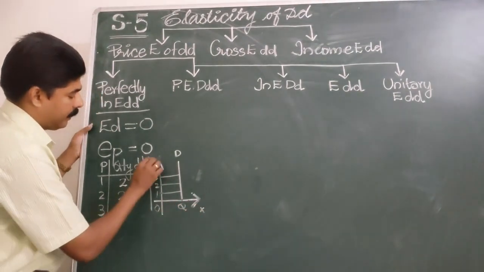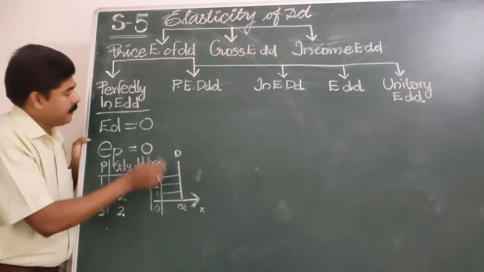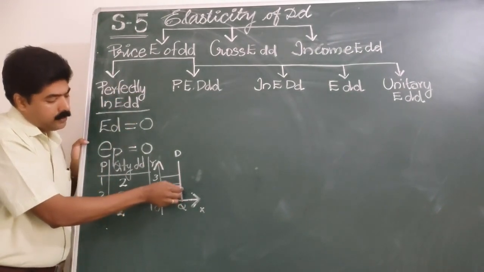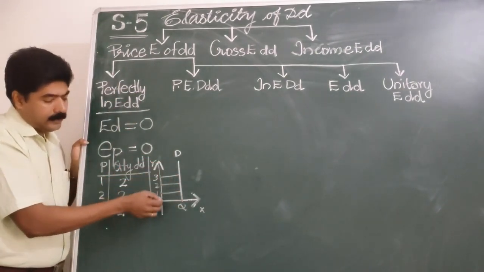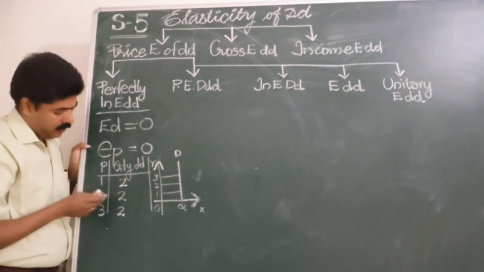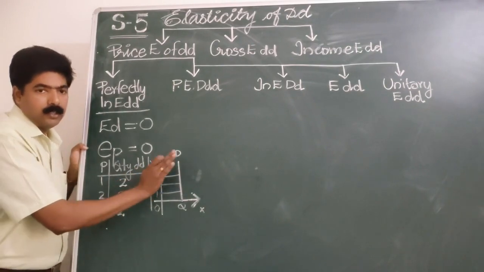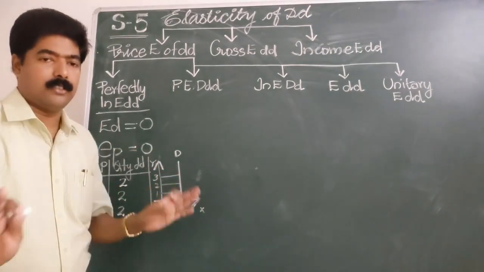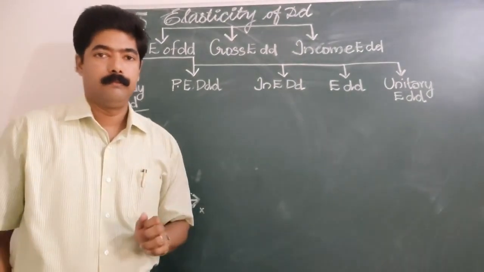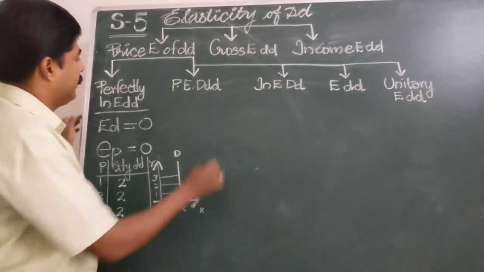Look at this diagram. We have a small diagram. The perfectly inelastic demand curve is parallel to the y-axis, and that shows no change at all. Whatever the price, 1, 2, 3, whether the price increases or decreases, the quantity demanded never changes. This is known as perfectly inelastic demand. Clear? Then we move to the next price elasticity of demand,